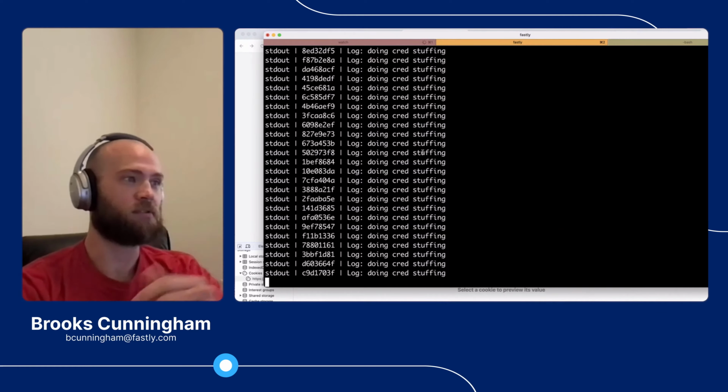Absolutely. So we do have a mechanism here under redactions. I'll just pull that up really quick. There are a lot of ways to add your own redactions, either on the request parameter, request header, and even on response headers as well. So you can have sensitive information in the response headers. Think about that set cookie header that might be coming back from your origin server. If it potentially is going to have some authentication related information, you don't want us to have that. I believe we actually redact set cookie by default, but